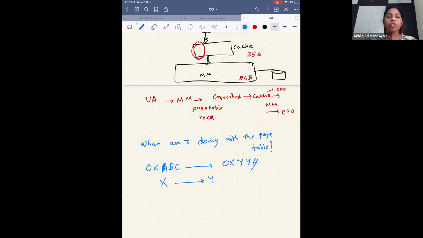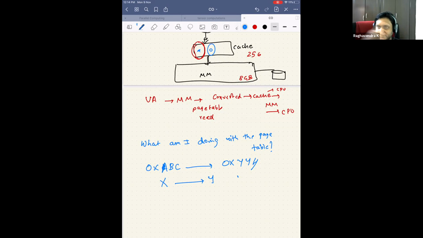Like if we get corresponding translation already for some. No, right? See, this cache has some block of address. But how do I know what is there here? When I search in the cache. And how do I search in the cache? Using some address. Yes. What is that address? Physical address. How do I get the physical address? By looking at here. Yes. Right? But how do I know what address it is unless I translate? So you're eating yourself, right? Like it's like a circular loop, right?